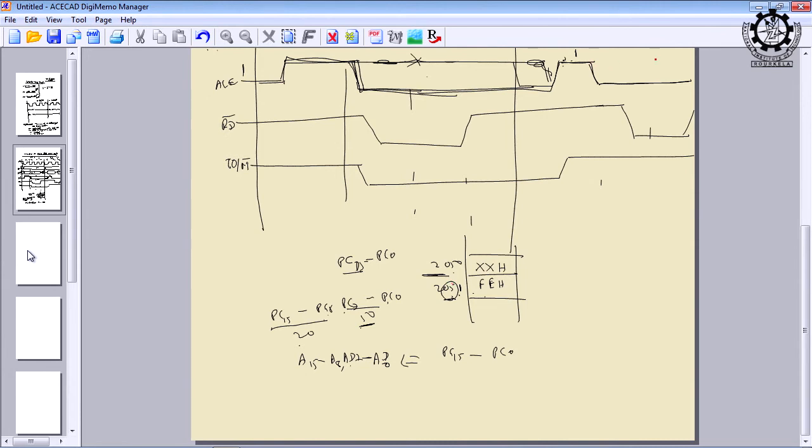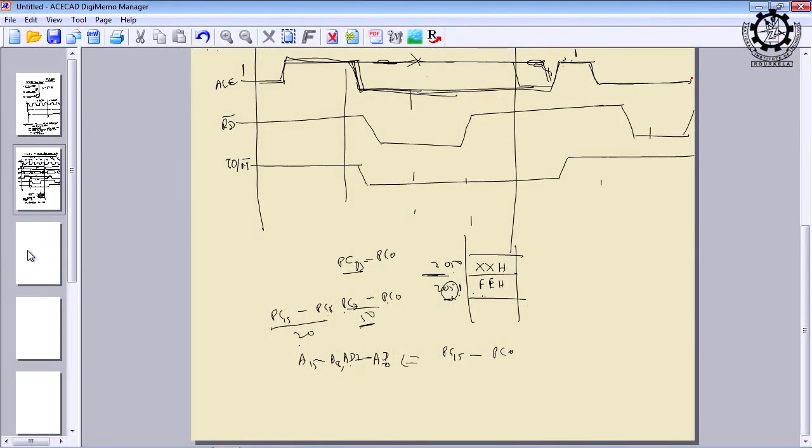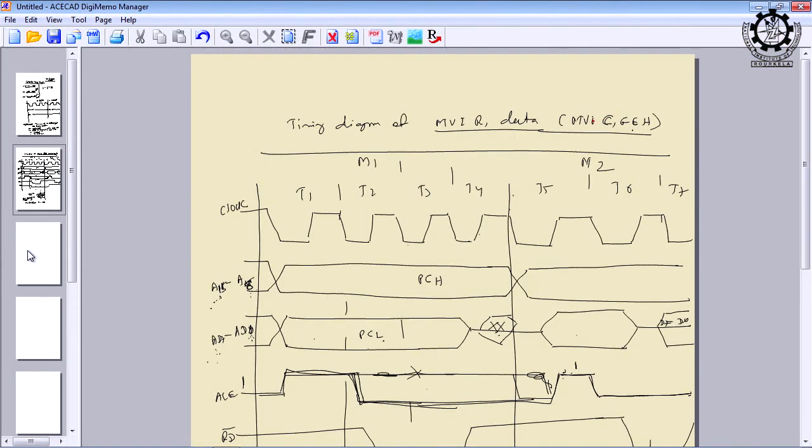Now the next 2 clock periods it will be holding FE, because now the address bus has changed to data bus, because ALE has already gone low. For 1 clock period it becomes address to identify the location, remember, and subsequent clock periods are used for the data bus. The data will be loaded into the data bus, and via the data bus, when it is executed, it will be available in register C. Is it okay?